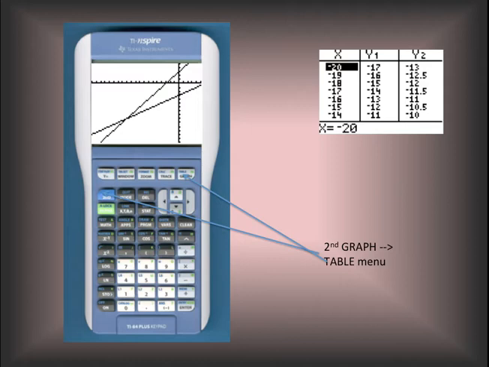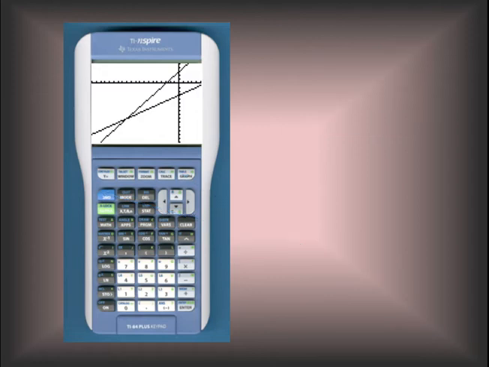And y sub 2 is our second function, which was y is equal to x over 2 minus 3. Here we have the point of intersection of these two lines in the quadrant 3. So we might want to look a little bit more closely at where our point of intersection is. We can either move up and down with the scroll up and down arrows, or we could go back to something called table set, which is found at second window,